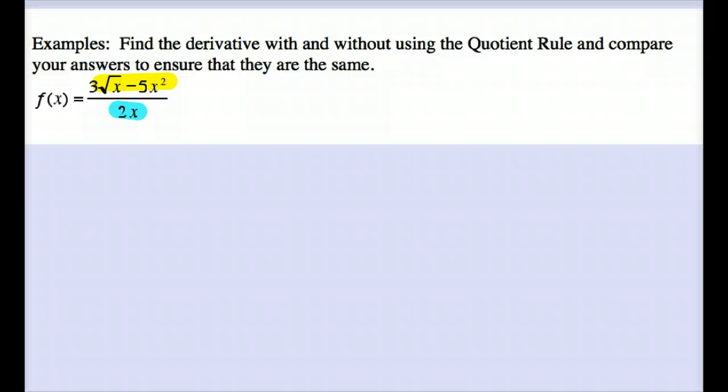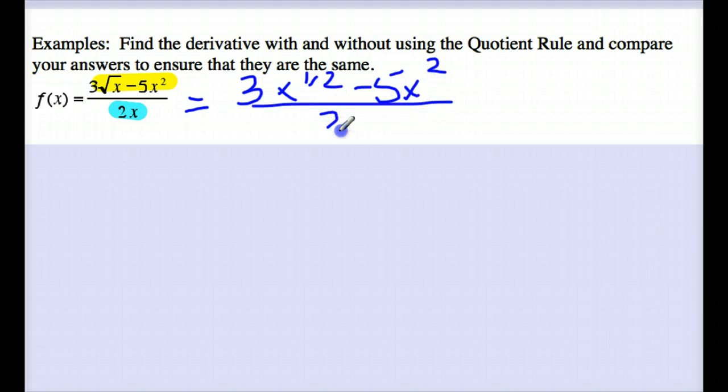I'm going to want to rewrite this because as you can see, I have a square root. And so let's rewrite this so that way I can use my basic rules. So this should be rewritten as 3x to the 1/2 minus 5x squared all over 2x. And now we can actually do this. So I'm going to take f prime of x